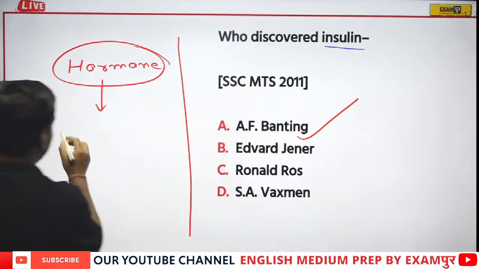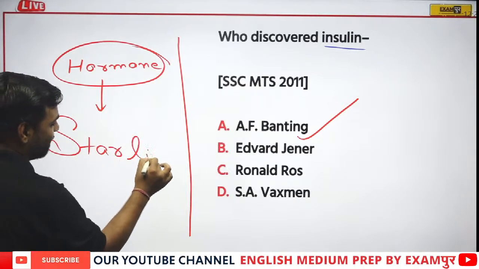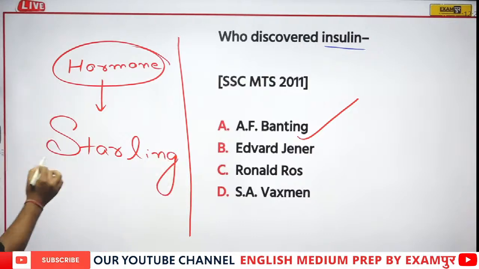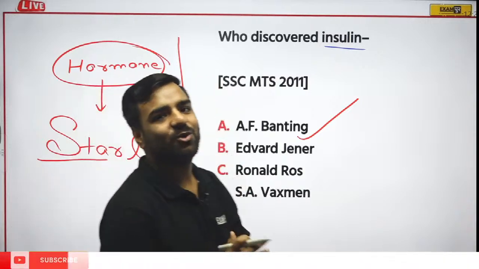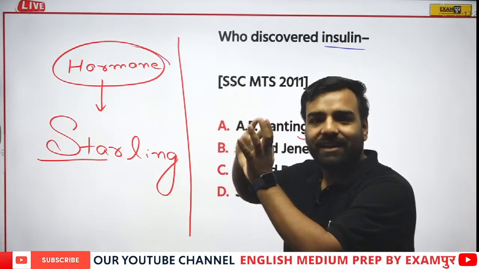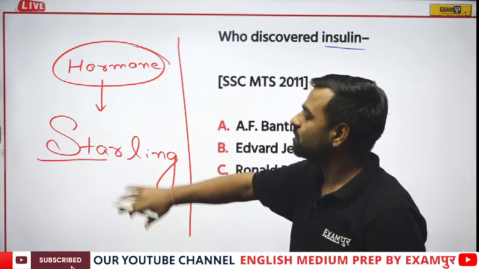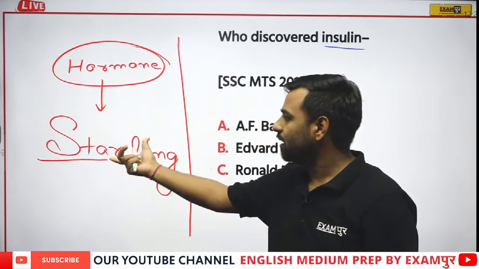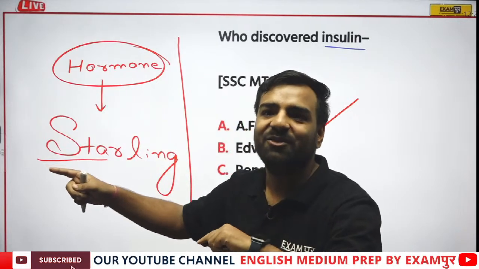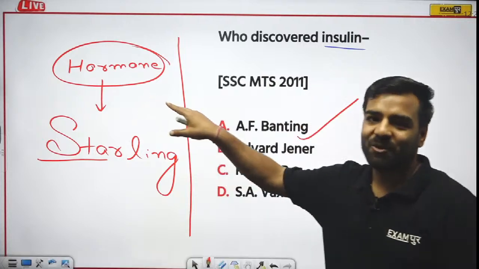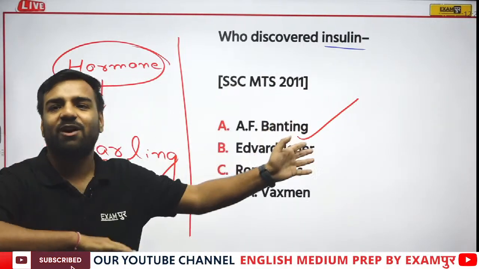What I was saying, the name is, you can relate now. I'm talking about Starling. So if I remove this star and put D over here, you can relate what I'm talking about. That's actually the trick in which we can remember who discovered the hormone. So there were 2 people actually. His batchmate, I can say, he was Bayliss. So Bayliss and Starling were the ones who discovered this hormone. Fine. So I'll give you one more example without this boyfriend and girlfriend.